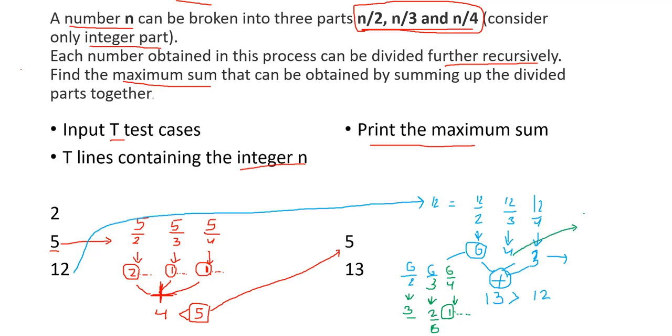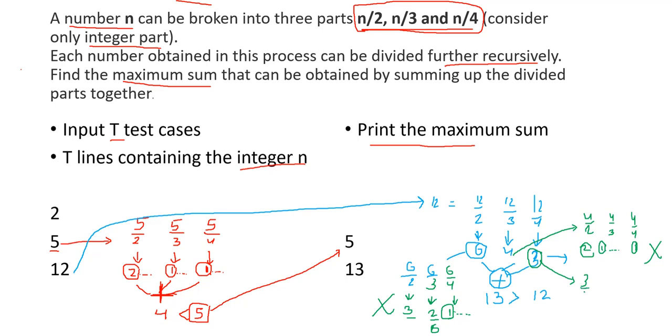So if you check for 4, so 4 divided by 2, 4 divided by 3 and 4 divided by 4. Here we get 2, here we get 1 point something, and here also we get 1. So it is 2 plus 1 plus 1. So it's again 4. So we don't have to move forward. Here also we don't have to move forward. And if you again check 3,